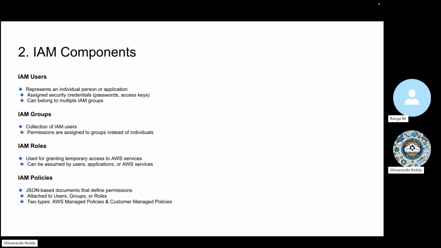Headless user does not have a username and password, but that headless user has an access key and secret access key. Remember. Then we can configure that access key and secret access key for the command line interface in the application. Application is one of the servers, like a Linux server. Assume that you have a Linux server, and you configured the access key and secret access key to interact with the AWS account via command line.